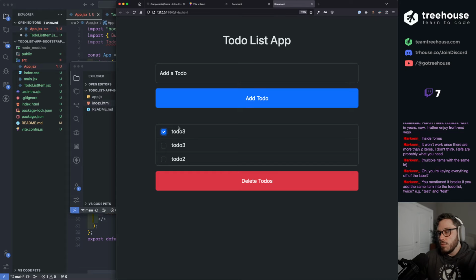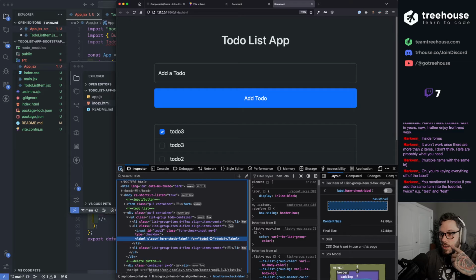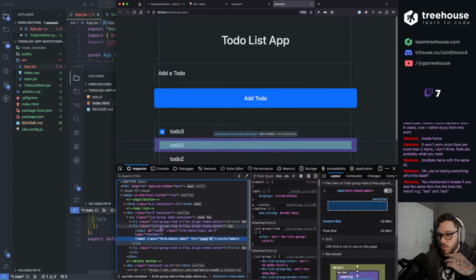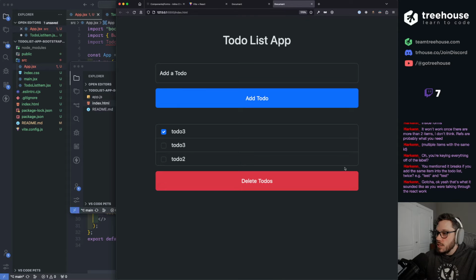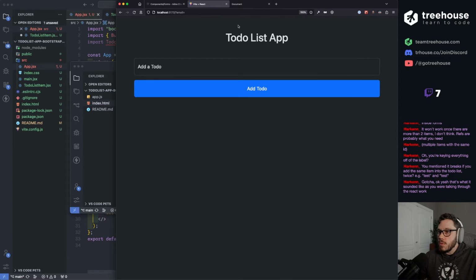We're adding the label and we're adding the ID for the checkbox equal to the name of the to do. That's how we decided to do it. So if you inspect it, the for attribute is to do 3 on this one, and the for attribute on the first one is also to do 3. Yeah, we fixed it, but I took the code out. That way, if somebody wants to PR that, it's an easy PR for someone.